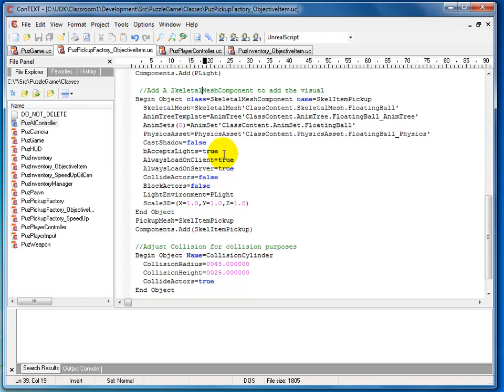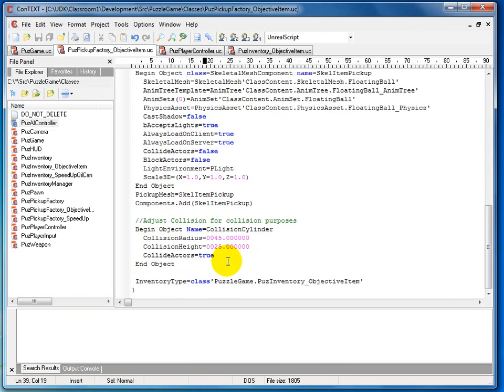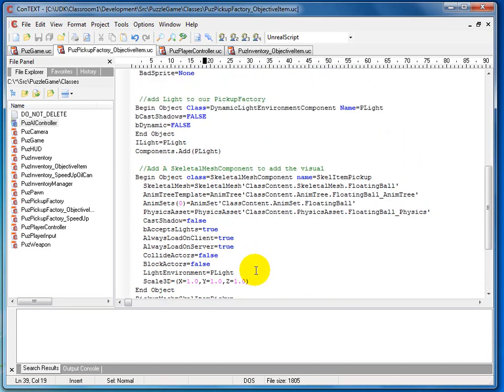Everything else is pretty much the same except the collision. We changed the collision a little bit, which isn't a huge deal if you don't change it. In this case, it's not as big, but with other things it may become more of a thing. And also the inventory type, of course, is pointing to our objective item, not to some other item. Once we have all that code in,